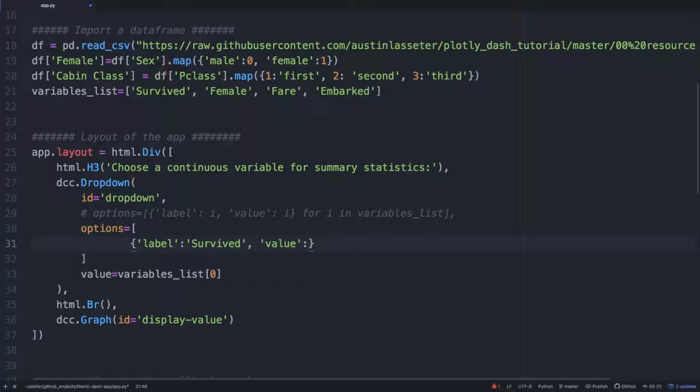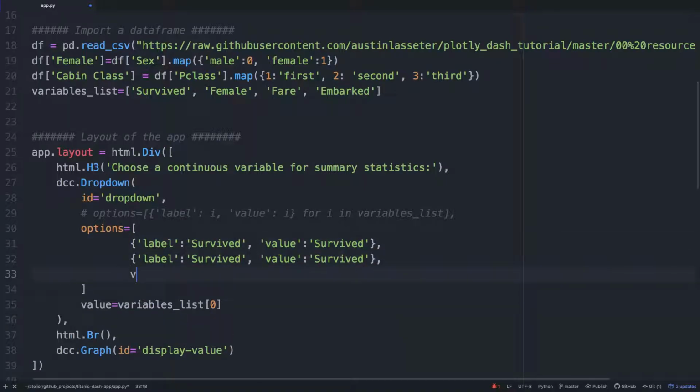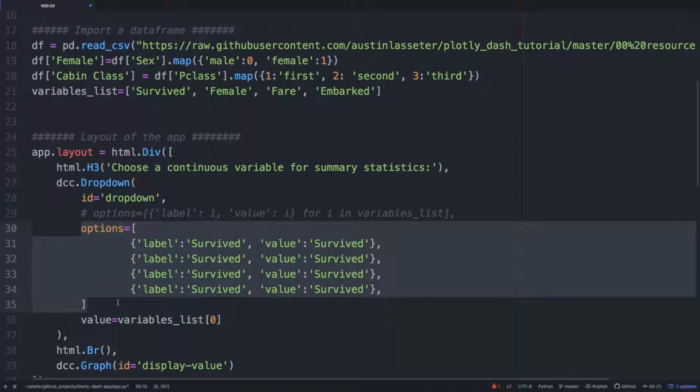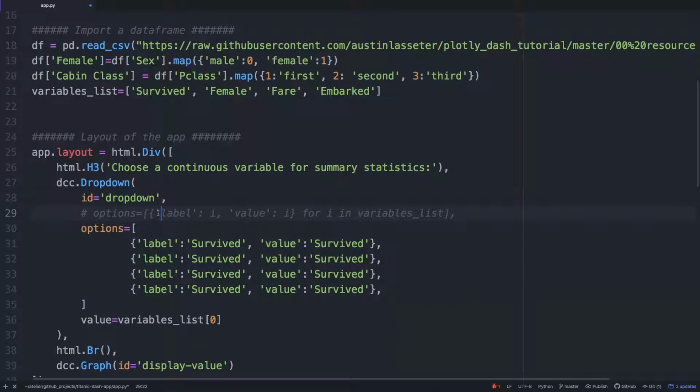Value is survived, comma, and then you would have another dictionary and another dictionary and then another one, and each one of these would be not survived but female, fair, and embarked. So this long form is a lot easier to read than the list comprehension,